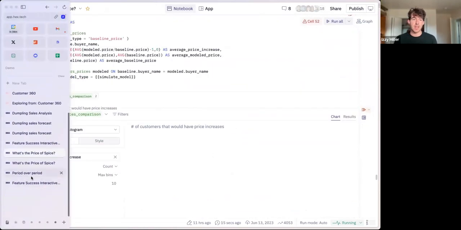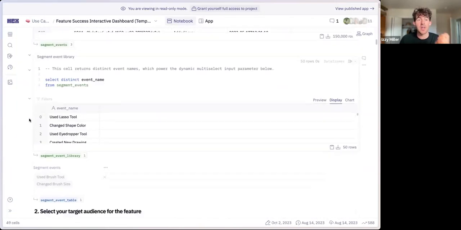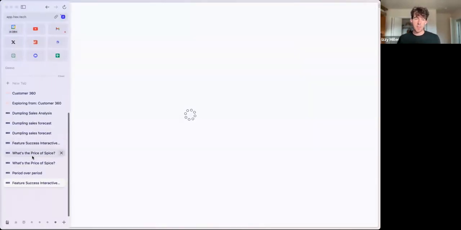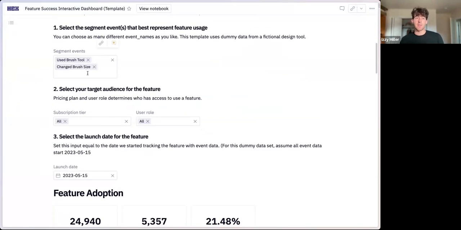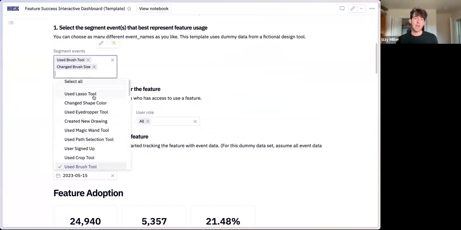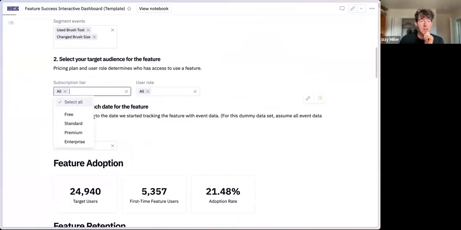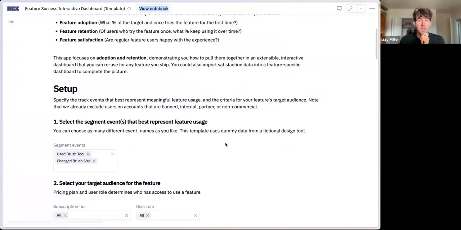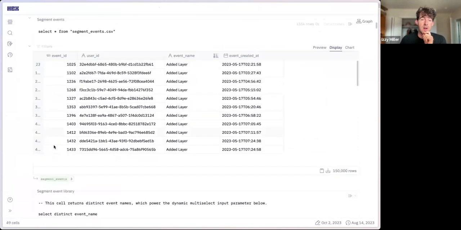well. A great example of this, I think, is the feature success dashboard that we actually use internally, which gives you a bunch of different dropdowns. Let's look at the published app. It gives you a ton of inputs of which feature you'd like to look at, like how many times have users used the crop tool, the brush tool, what subscription tier are they on, what role are these users, and then on the back end, it's using these